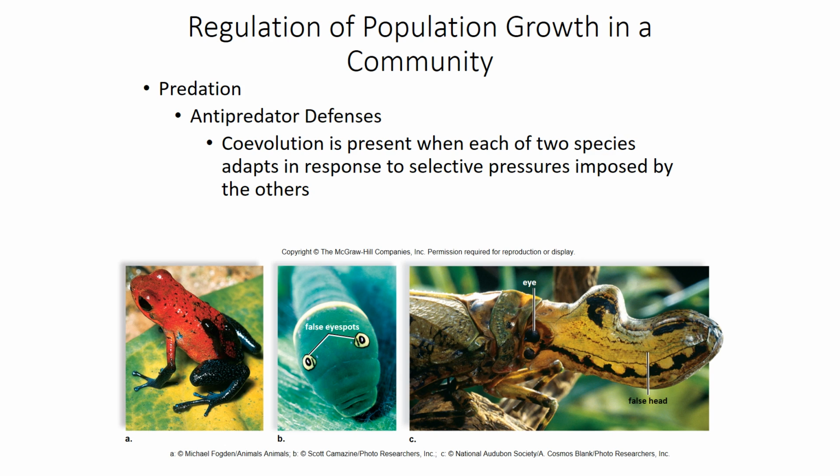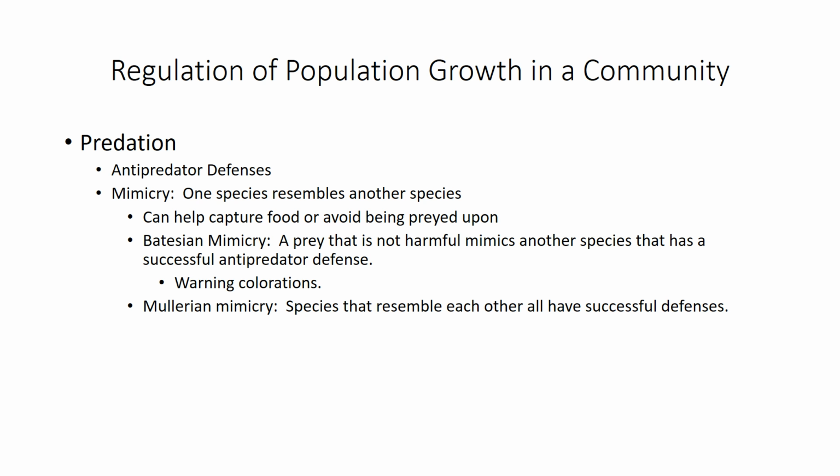really are. And then on the C part here, this is a South American lanternfly, and it has a big false head that kind of resembles a crocodile, and of course it's used to frighten predators too. It makes it look a whole lot bigger than what it really is. Now, predation, basically some animals have these things that help them stay alive, and of course one of those is